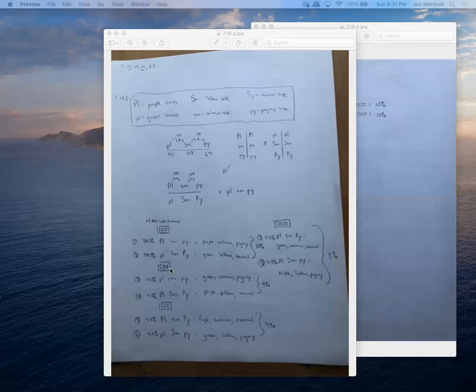Okay, same thing with CO1, right? Again, you're going to have 9% of the phenotypes come from that show that there's a crossing over event occurring between PL and SM, because you've had 1% here, right? And when you add all those up, you then get that 10, which would have given you your 10 centimorgans.